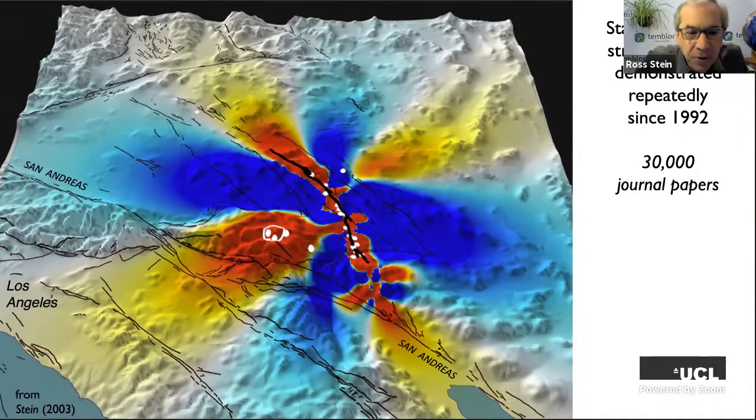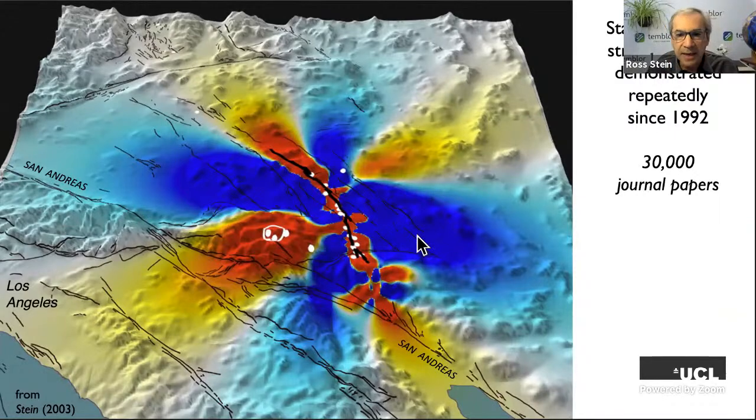Is that a separate earthquake or is that an aftershock? From a Coulomb standpoint, it's a contingent event. It's an event that happened there because stress was raised off the fault. But you might say, and you should be a skeptical audience here, well, look, I could throw a dart at this map and I might have a very good chance of hitting some red. So prove to me that this isn't just happenstance.